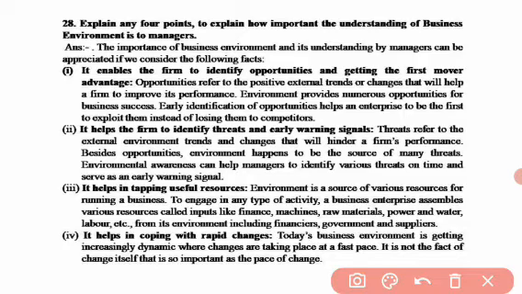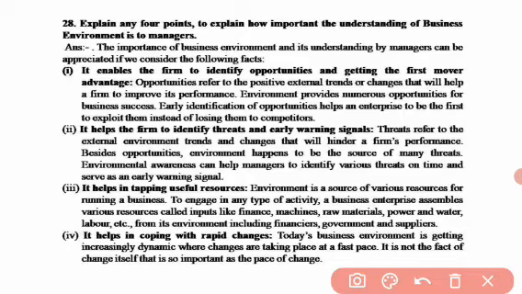So business environment helps the firm to identify the opportunities. In every business organization, there will be opportunities which are helpful for the development of the organization, which is possible with the help of the business environment. When the environment provides numerous opportunities for the business to succeed, the identification of the opportunities helps the organization or enterprises to exploit them instead of losing them. So with the help of the environment, the opportunities are to be used.